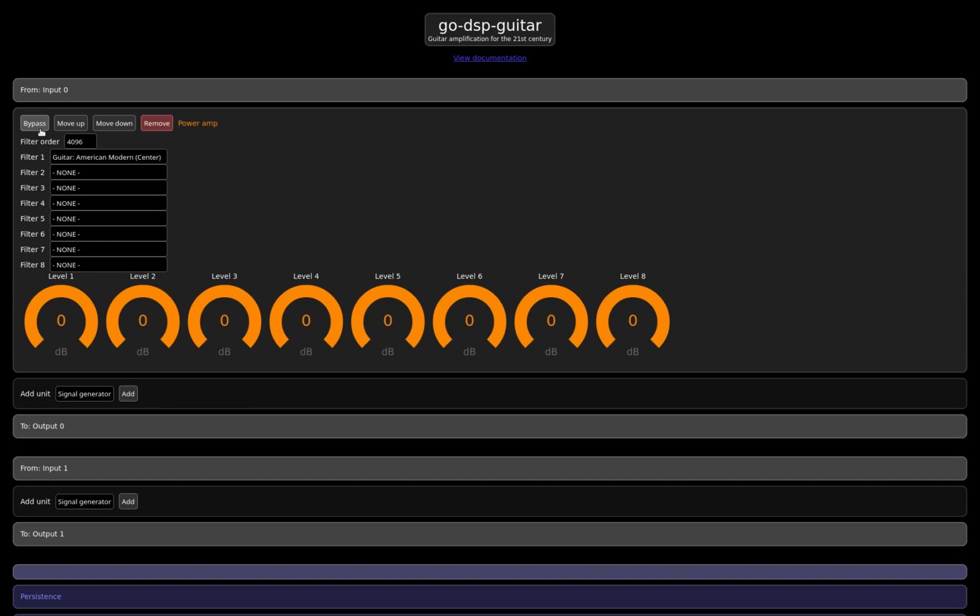we're going to go into its input from the guitar, and then we're going to go out through the send of the effects loop, so it will just go through the preamplifier section for distortion, and from there we will go into Go DSP Guitar and use the power amplifier simulation from there. So let me just quickly change some cables, and then I can show you how that sounds. Okay, so now I have the tube preamplifier in between.